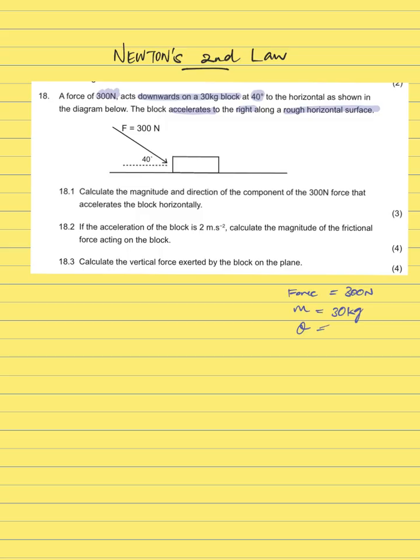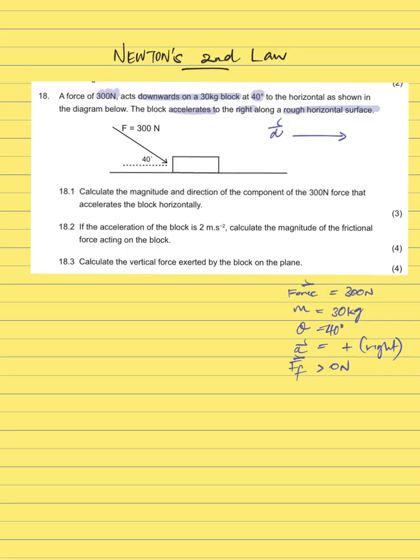My value for theta is 40 degrees. I know that there's an acceleration. It's a positive acceleration because I'm going to say anything that moves to the right is positive. So acceleration is positive if the movement is in that direction. And then it says there is a rough surface, so the force of friction is greater than 0 newtons. Alright, so once I've got all of that sorted out,